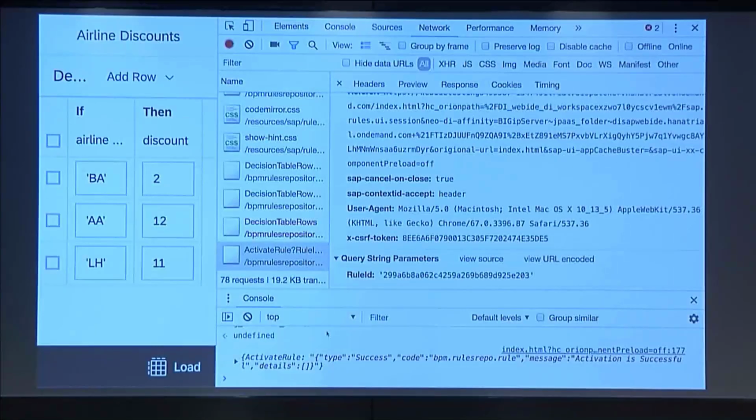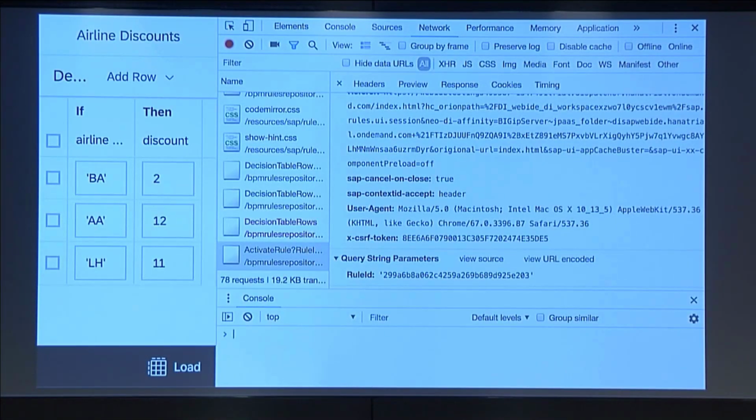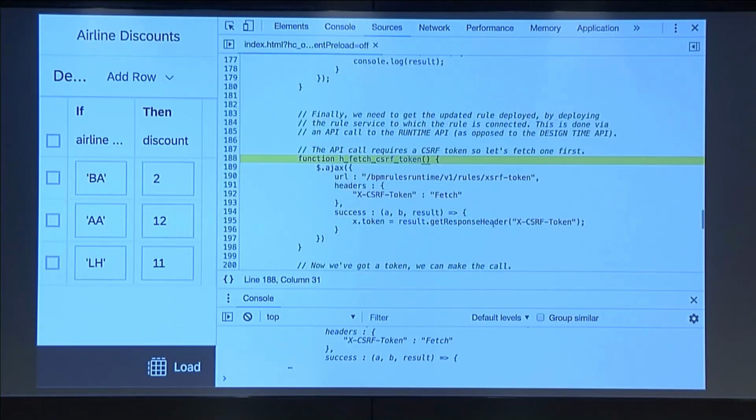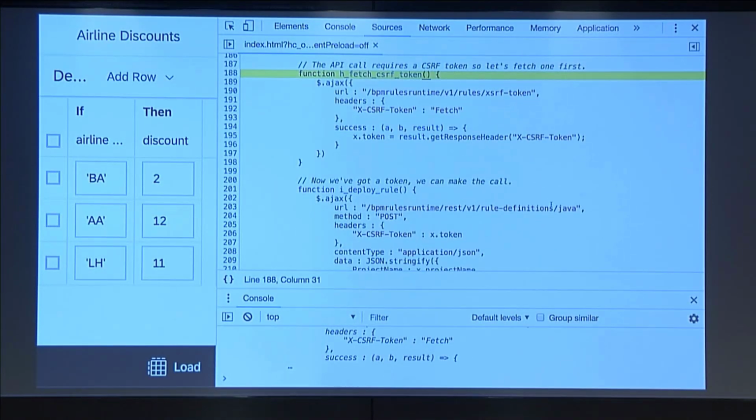So go back and, as with any API call that does anything interesting, and put it that way, we need a token. And just like I saw some token fetching before. I can't remember what it was. Oh, it was in the workflow. Yeah. Anyway, we need a CSRF token for obvious reasons. So we're going to use a sort of standard way of getting one of those. We just do a direct AJAX call, and of course, I didn't want to mess about with sort of asynchronicity